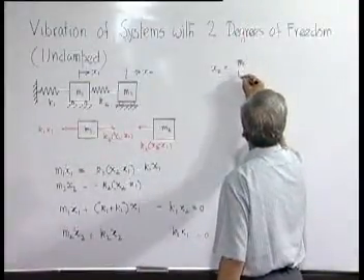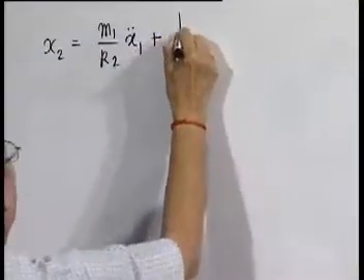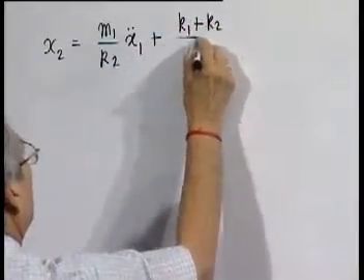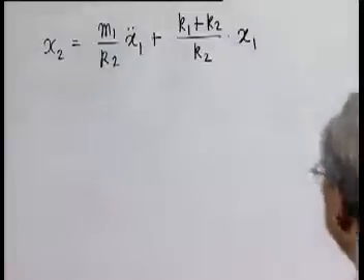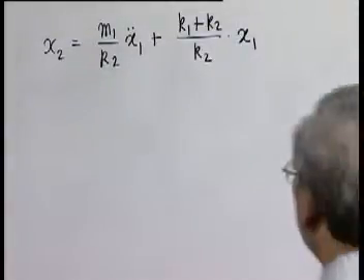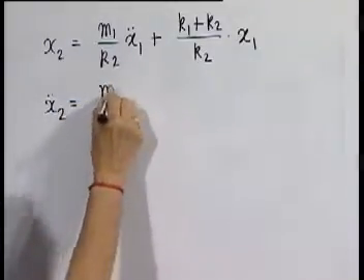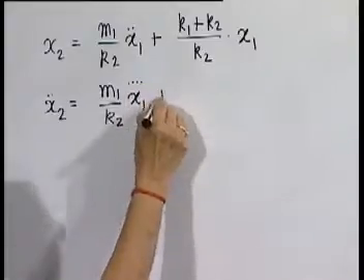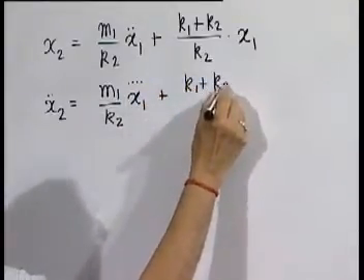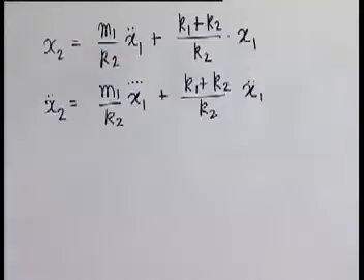So let us write x2 in terms of x1, because this is a case of simultaneous differential equations with 2 unknowns or 2 variables, and let us put it in a solvable manner by eliminating one. x2 if we write in this, it will be m1, so x2 is this much and x2 double dot will be then obviously